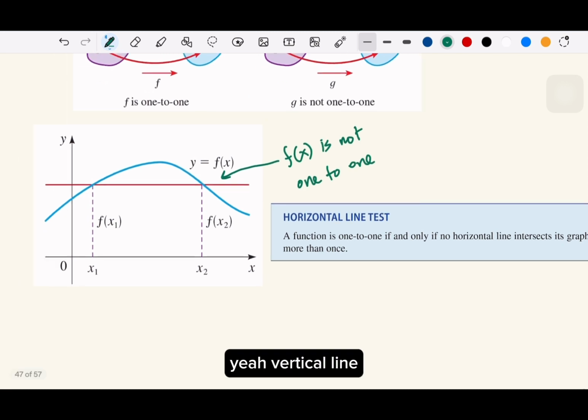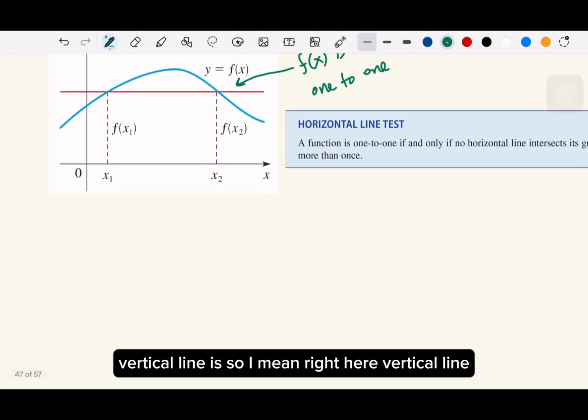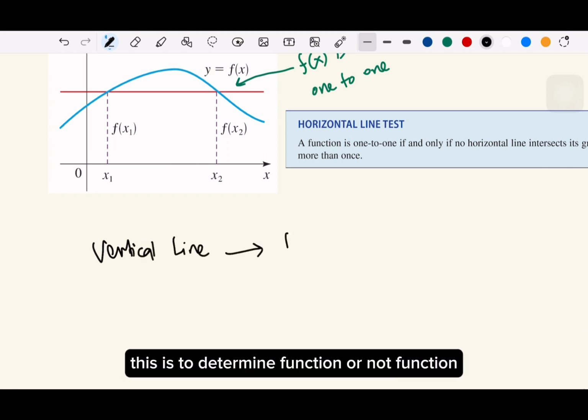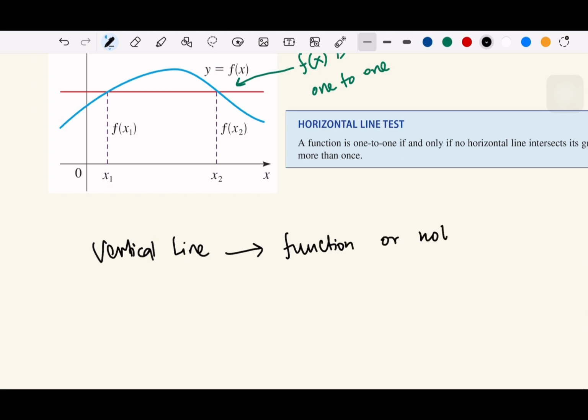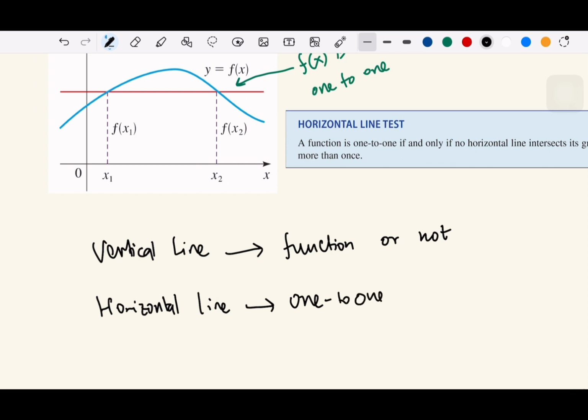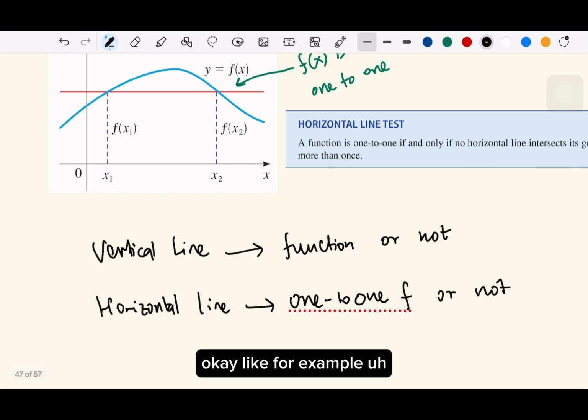Yeah, vertical line. Let me write here. The vertical line is to determine function or not a function. The horizontal line is to determine one-to-one function or not. Like, for example,